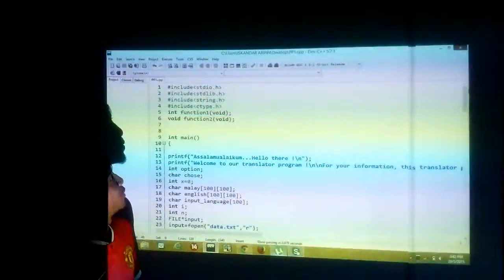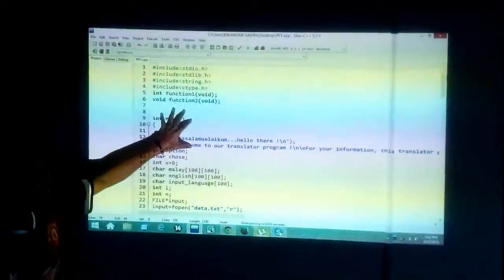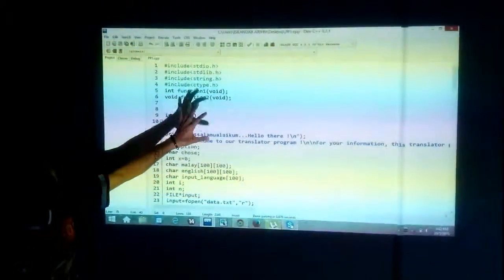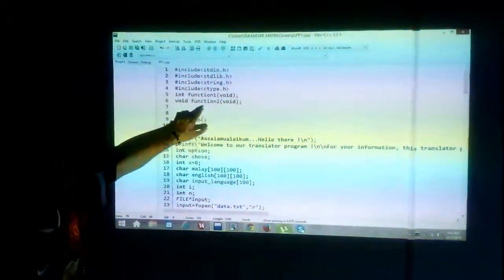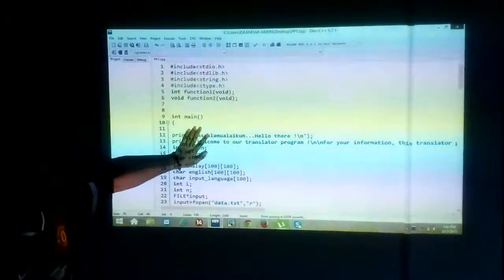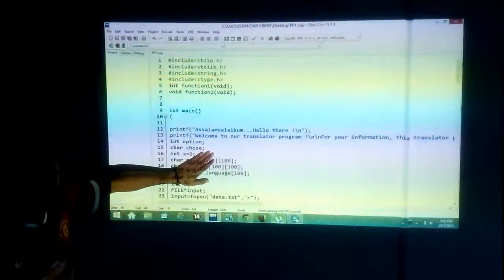So this is what my friend has just explained. Now I will explain about the functions. The function from the main will call the other functions. So I'll declare what the two functions are. First is function 1, second is function 2. Function 1 will do the